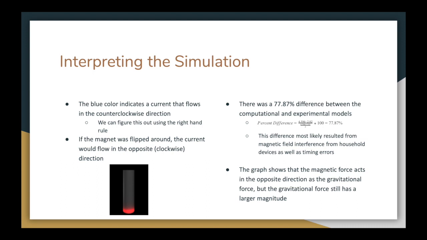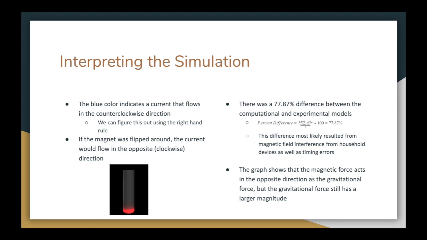When we compare the results of the computational and experimental models, there is a 77.87% difference. This difference most likely results from magnetic field interference from household devices, as well as timing errors in the experimental model. When we look at the graph from the computational model, we can see that the magnetic force acts in